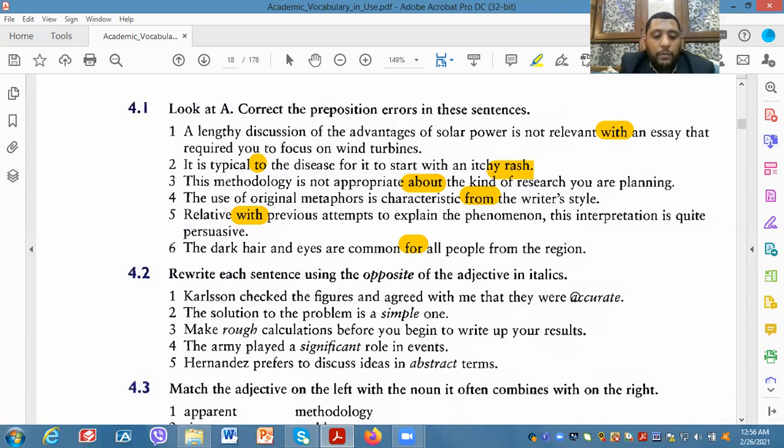That was number 1. Number 2, the solution to the problem is a simple one. So here, simple was written in italics. So this is the word or the adjective that should be taken away and replaced with something opposite. So the solution to the problem is a complex one. So you should remember